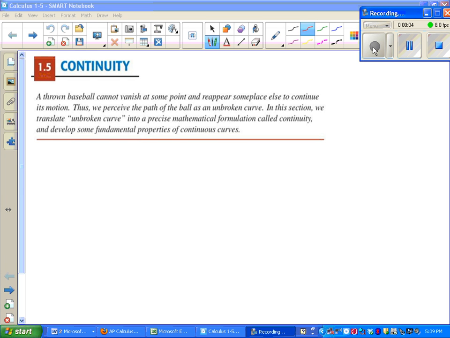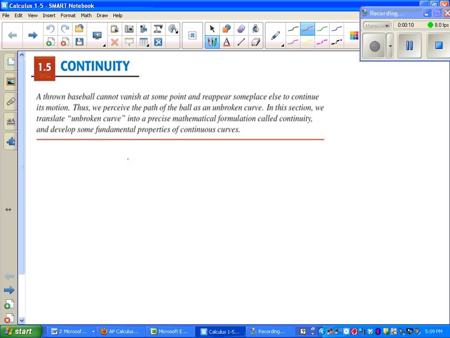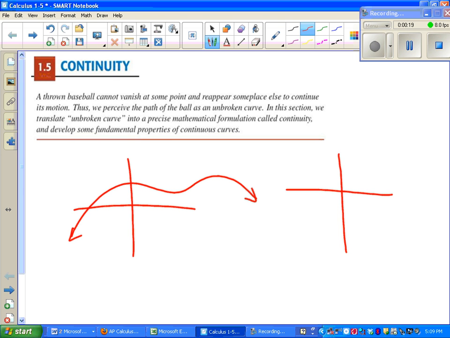1.5, continuity. In this lesson, we're going to learn what it means for a function to be continuous. Looking at a graph or a curve, continuous simply means that you can draw that curve without lifting your pencil, as I just did. If I have to lift my pencil because of an asymptote,